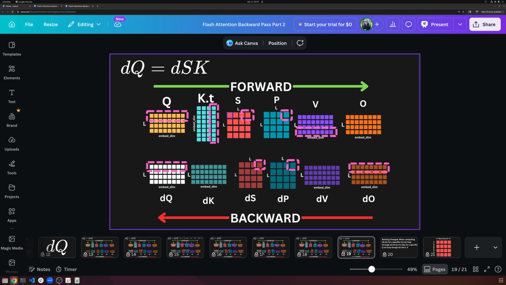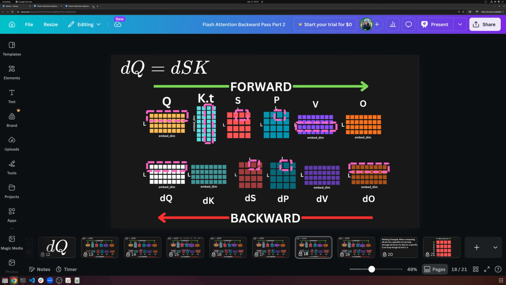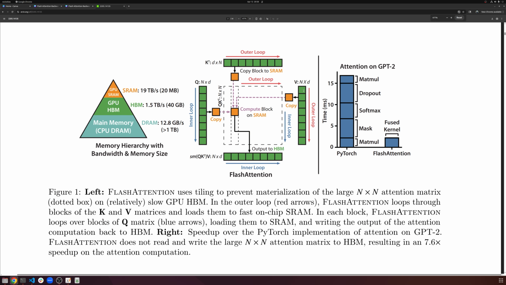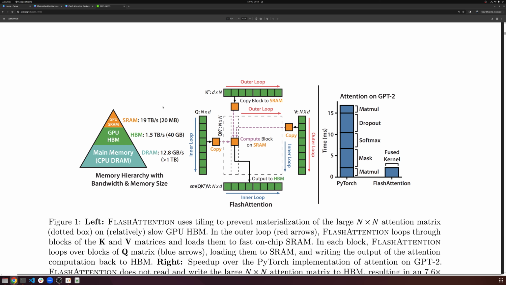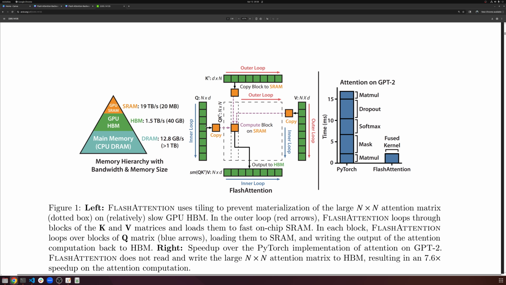If you look at the actual figure for flash attention, let me actually pull that up right now. There are some differences between how we did it versus the actual original flash attention one. Like in flash attention one, the very first implementation, the outer loop is actually the keys and values, and the inner loop is the queries, where we did it the other way around. We did the outer loop as the queries and the inner loop as the keys and values. Both of them work, but flash attention 2, which is the newer version, does the outer loop as the queries, the inner loop as the keys and values, and then they moved on to flash attention 3 and 4,